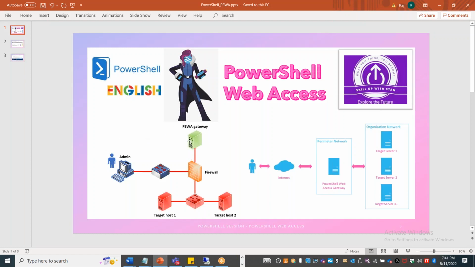Even though it is accessible from the internet, this particular gateway device will generally be created, deployed, and managed from within the perimeter network. When I say perimeter network, this machine will be part of your demilitarized zone network, the DMZ zone. The gateway machine will be sitting outside of your firewall,